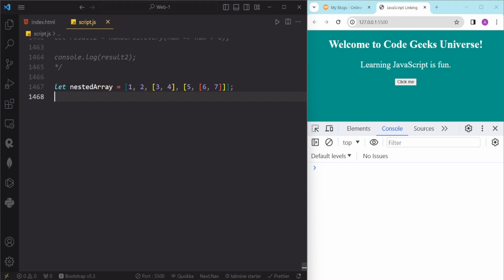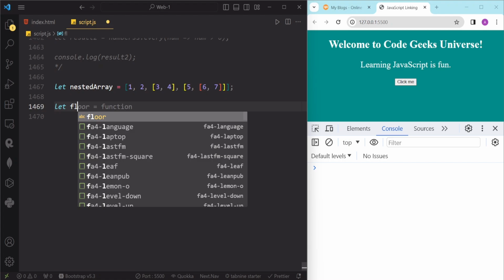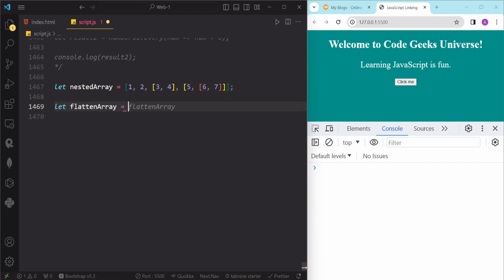So let's get started. First of all, let's see what the flat method does. The flat method takes an array that contains other arrays and returns a new array with all the subarrays concatenated into it. For example, if we have a nested array like this, then we can use the flat method to flatten it like this. We can write let flattenArray is equal to nestedArray dot flat, and now if